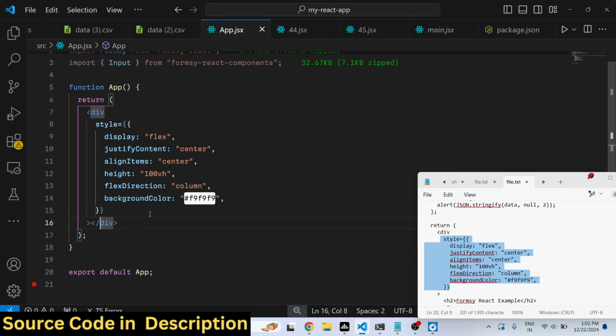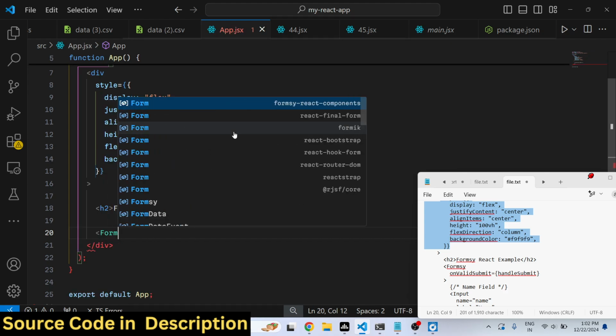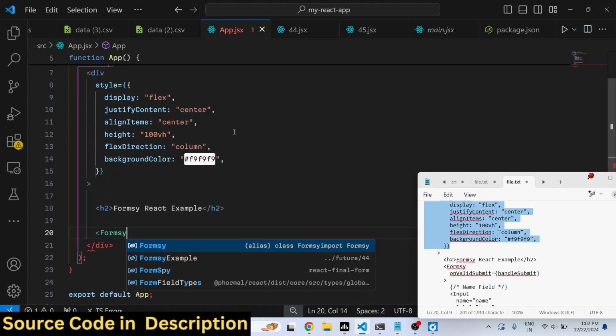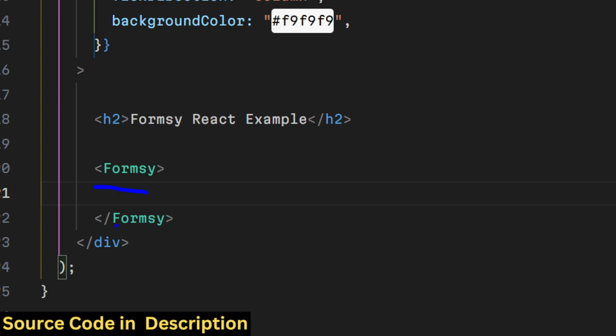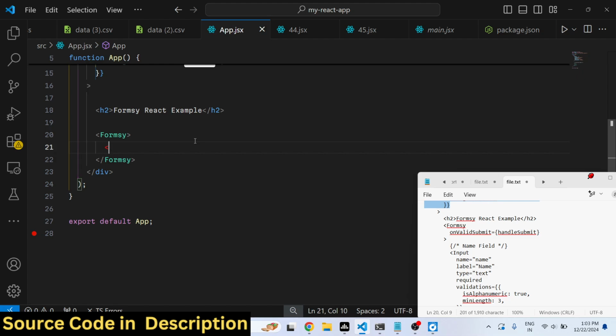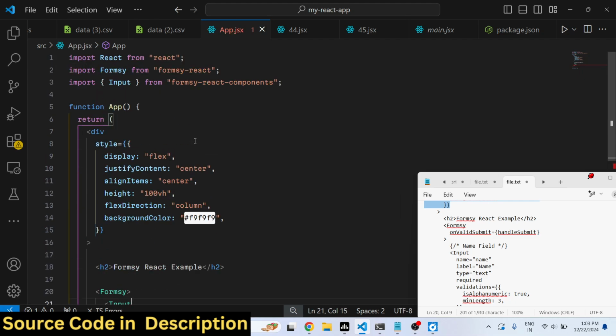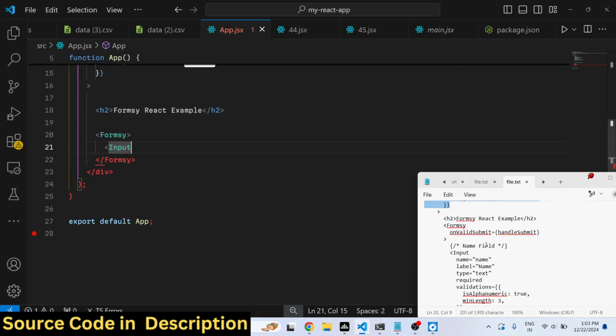Inside the div we will have an h2 heading which will simply say Formsy React example, and then we will be including this component Formsy. This is actually the parent element Formsy where we define our form. Here we'll be having this input field, which we are requiring from Formsy React components. So this input component